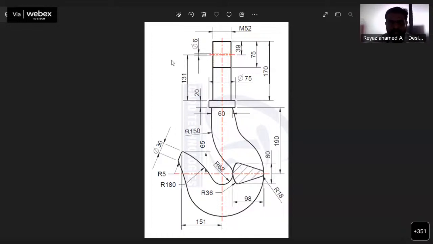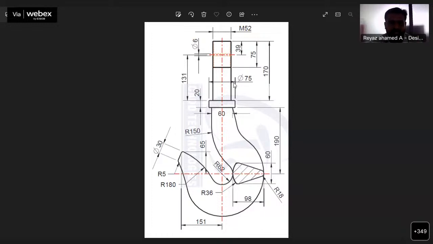See, the top portion is a very easy portion. It is a cylindrical based part. Here it is mentioned as M52, which may be a gas thread of diameter 52, and here the diameter is mentioned as 75, and this portion fits into the assembly part, the crane, and has a height of 170 mm.